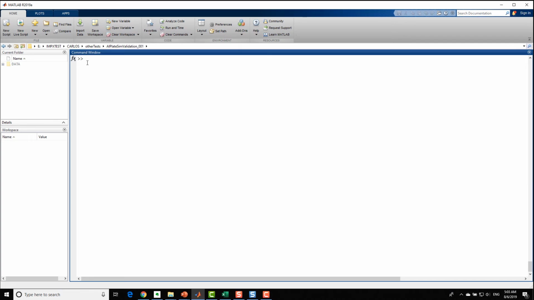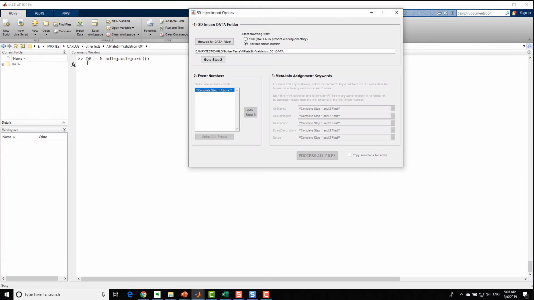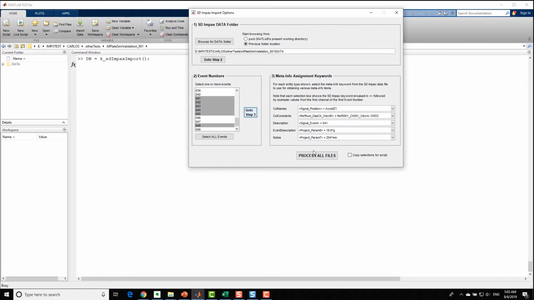Back in the MATLAB environment, we use Kornucopia's SD Impax importing functionality to interactively select and import test events. The software smartly lists available event numbers from the data folder. You can then select all the events, or only particular events of interest. Kornucopia remembers your mapping selections from the previous use of the function, so we are now ready to process all